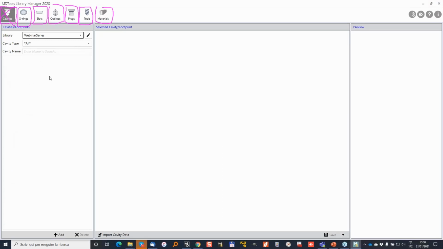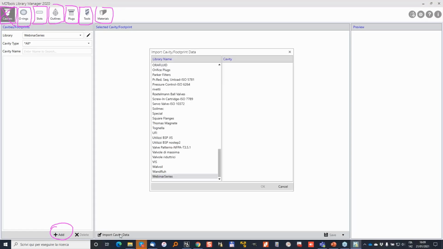And inside this folder, I don't have anything. So let's start understanding a bit of the type of cavities by importing some cavities inside here. So it is possible to add new cavities in any folder by using the add. Except for training, I never start a cavity from scratch, because basically you always find something similar to what you need to do. So I basically prefer to import a cavity. So when you click import cavity data,